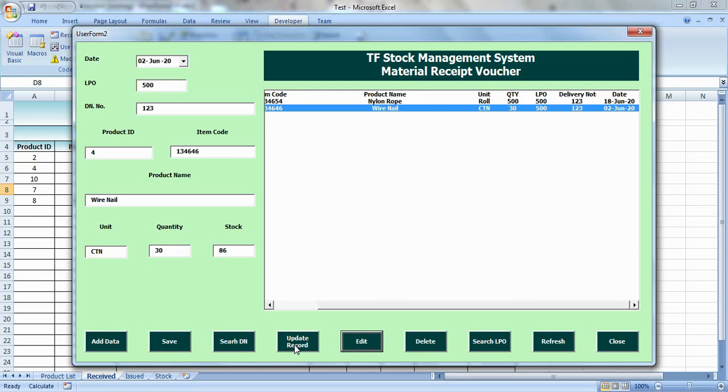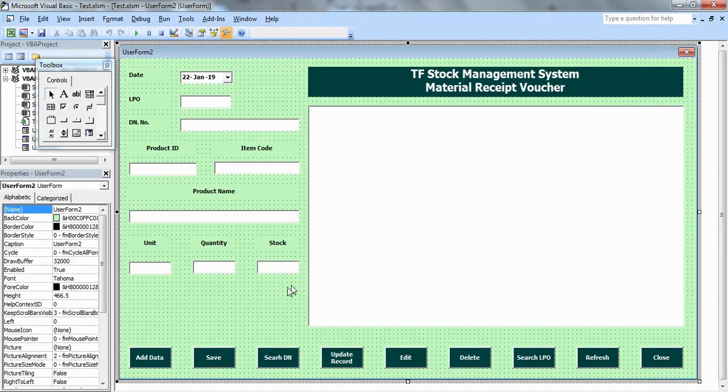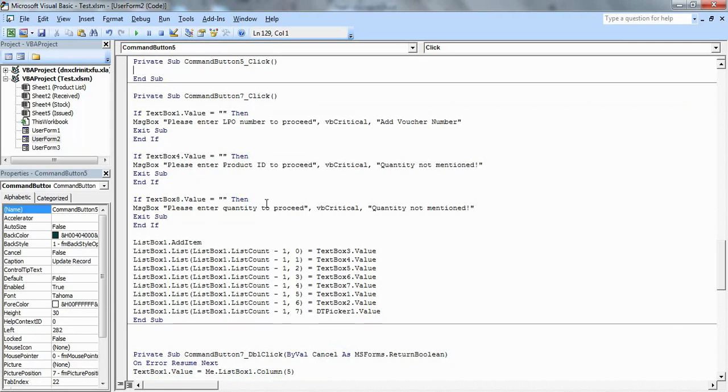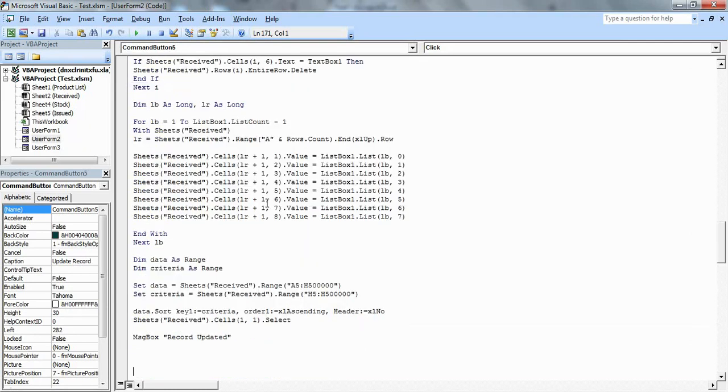Okay, so for that we will again go to our user form, and I will double click this update record and paste the code here.